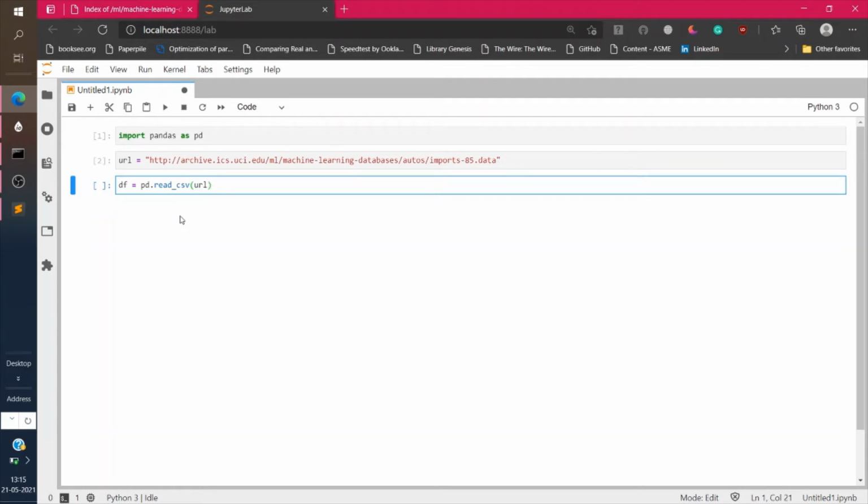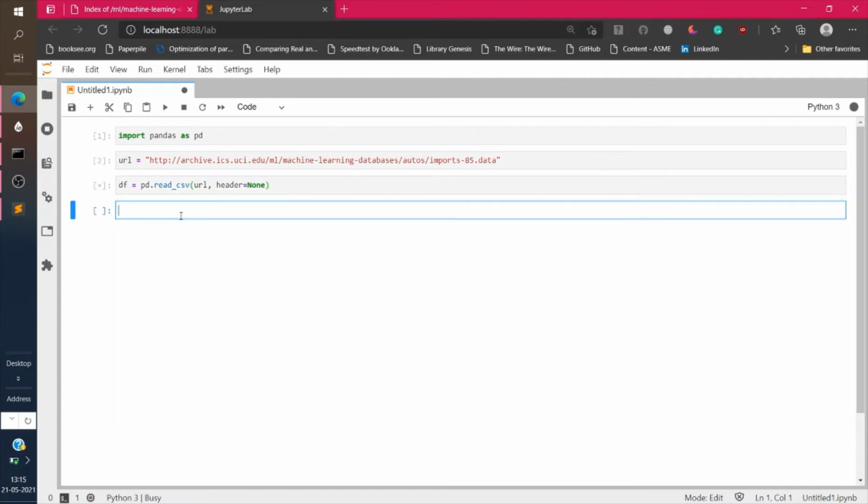But the read_csv method expects that the data has a header, but as we have seen earlier, our dataset has no column headings. As a result, we must tell the method to ignore headers by setting the header to None. It's a good idea to look at the data frame after reading the dataset to have a better picture of what happened and to make sure everything went as planned.